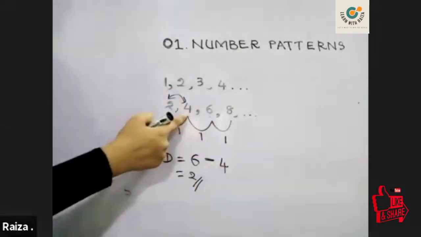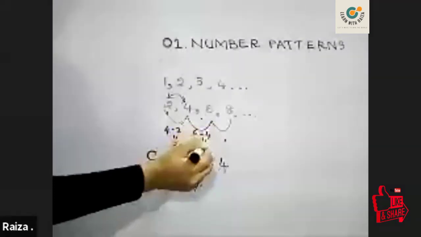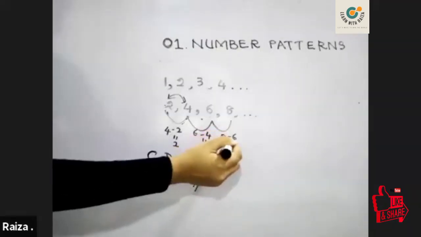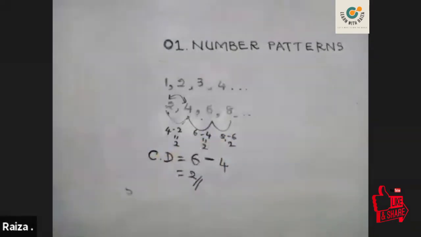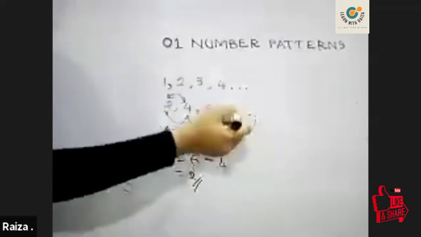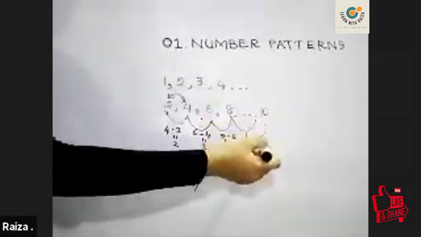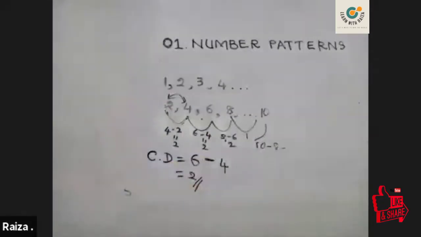Earlier, when we counted 2, 4, in our mind we kept a number and counted the other number out. So then you can write down the common difference: from 4 to 2, that is 4 minus 2 is 2; 6 to 4, 6 minus 4 is 2; 8 to 6, 8 minus 6 is 2. Likewise, if you want to find the next number, another 2 should be added. 8, then 10, which means that 10 minus 8 is equal to 2.